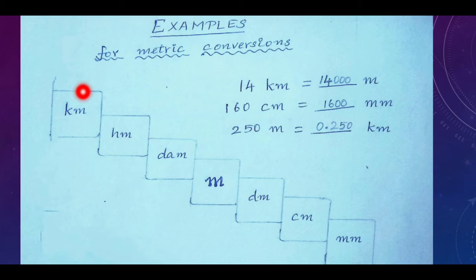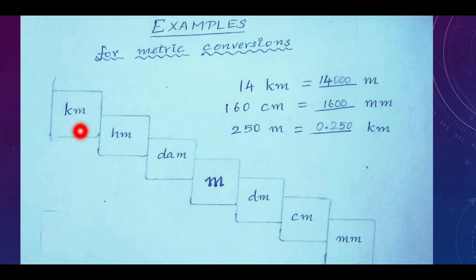From kilometer, start moving 1, 2, 3. So 3 steps you have to move from left to right. Here we are converting larger unit to smaller unit. So we have to multiply each step by 10. See, we have to move 3 steps. So 14 into 10 into 10 into 10. So 14 into 1000, which is 14,000 meter. Is it clear? One more simple way is